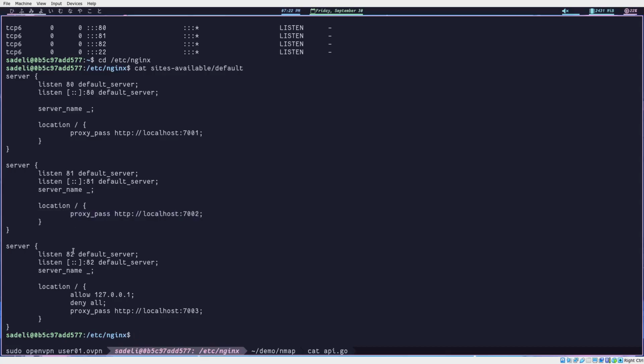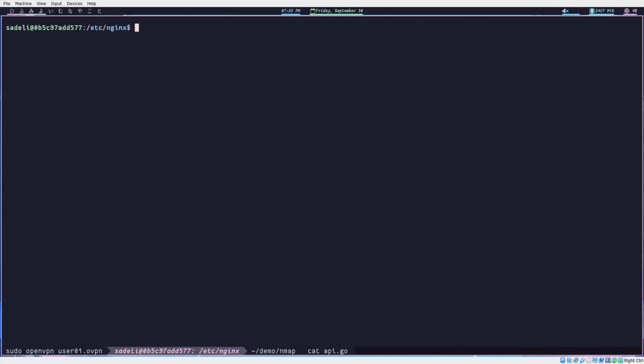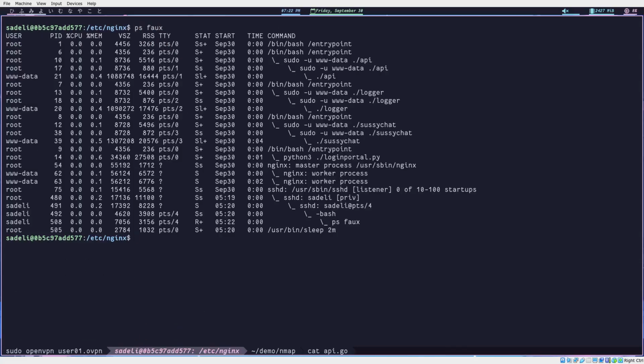And then Nginx has a reverse proxy that directs 82 to 7003. So that's what these are. You'll notice that this one looks pretty special. Port 5000 is open. We haven't seen that one before. And if we look at the running processes, which I haven't shown you yet,